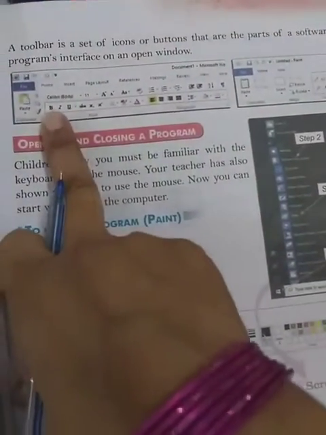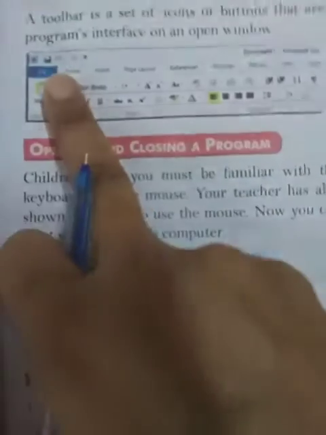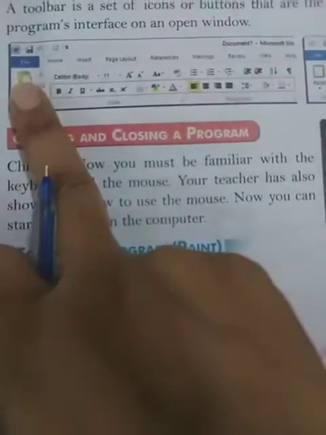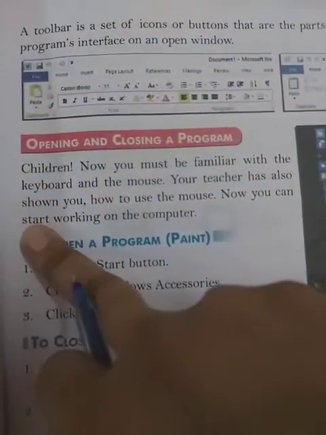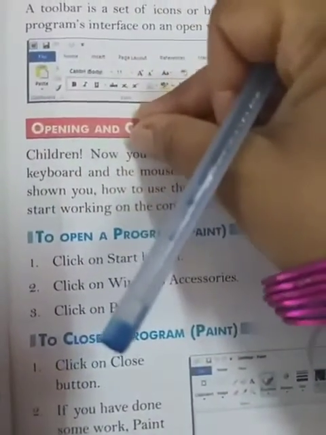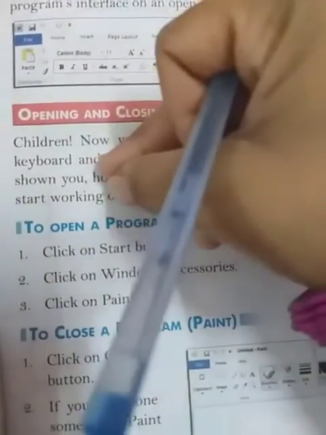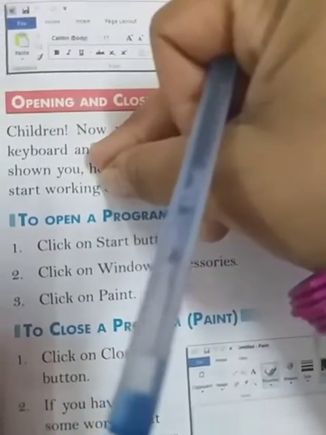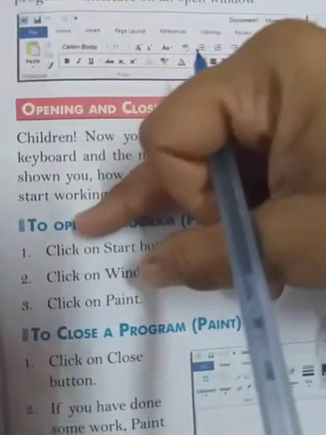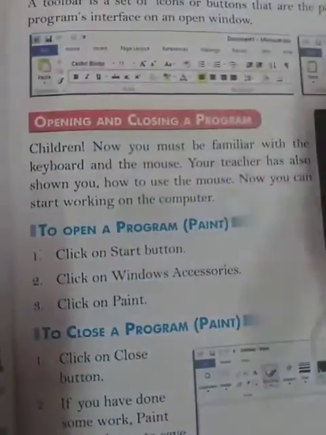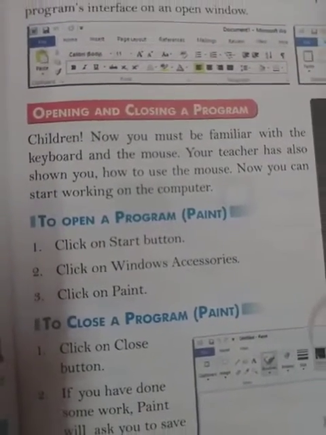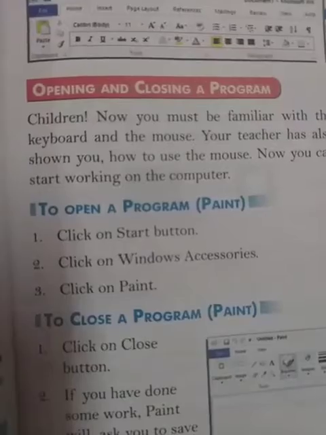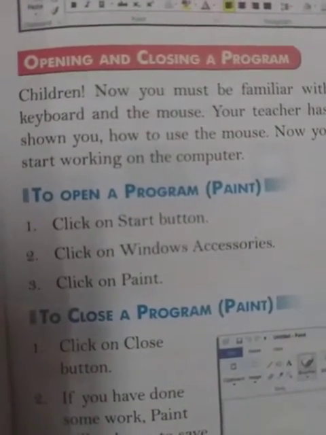When you pick tools, see here, when you open your file or when you click the file button, then some icons open inside. There are file, save as, save. These are your tools. And when you open your paintbrush, inside there are some tools: brush, colors, and many more things. So that is your toolbox, toolbar.